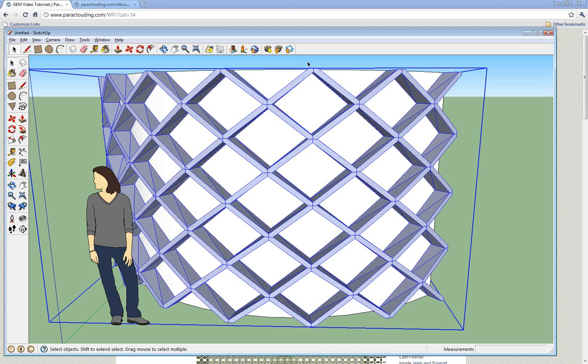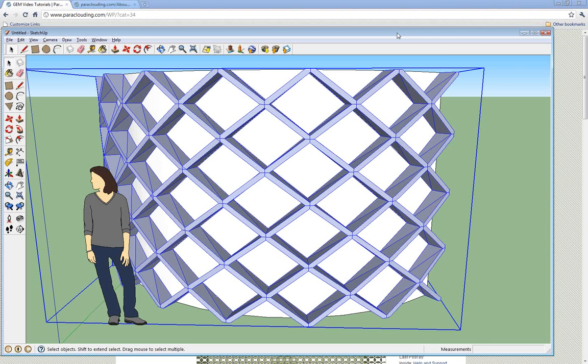Okay, so for 3D printing we have lots of tools in GEM, and the key concept is if you create a watertight component, then the proliferated result will be ready for printing, so there shouldn't be any problem with that. So always my advice is to make sure that your components are 3D printable. We have lots of ways to control 3D printing outputs. One thing we have for 3D printing,